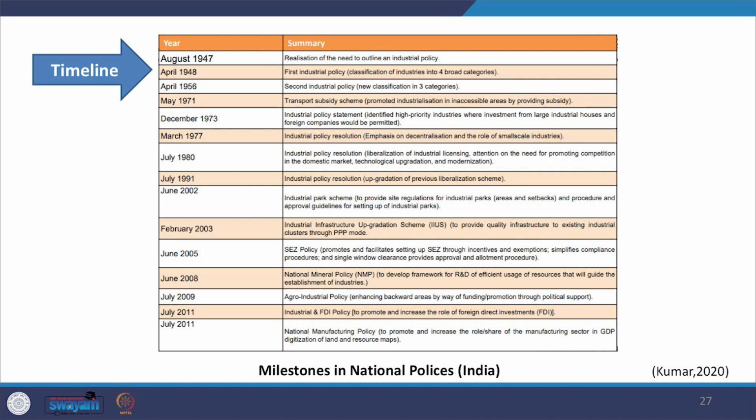Through the Industrial Policy Resolution of 1948, the first policy, we defined the role of the state in industrial development, both as an entrepreneur and authority. This policy also classified the industries into various categories. At that time, it identified four categories. This was followed by the comprehensive enactment of the Industries Development and Regulation Act, IDRA, in 1951, that provides